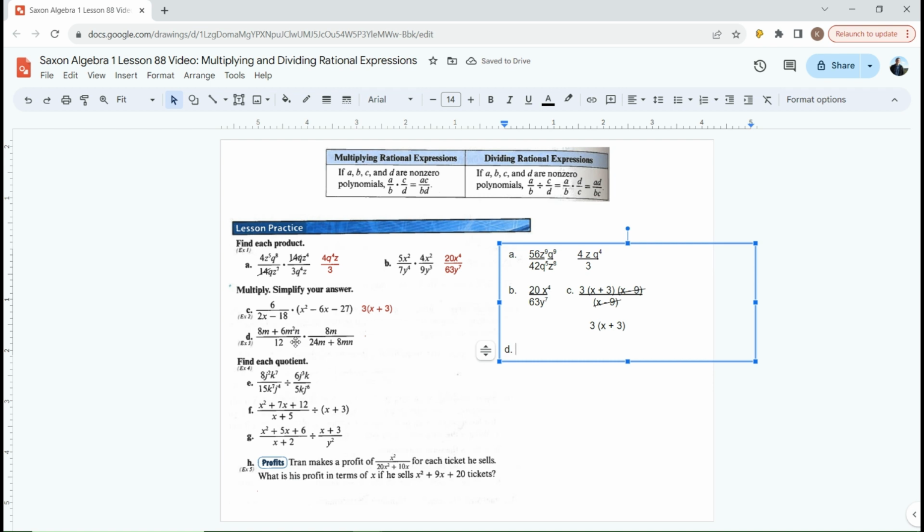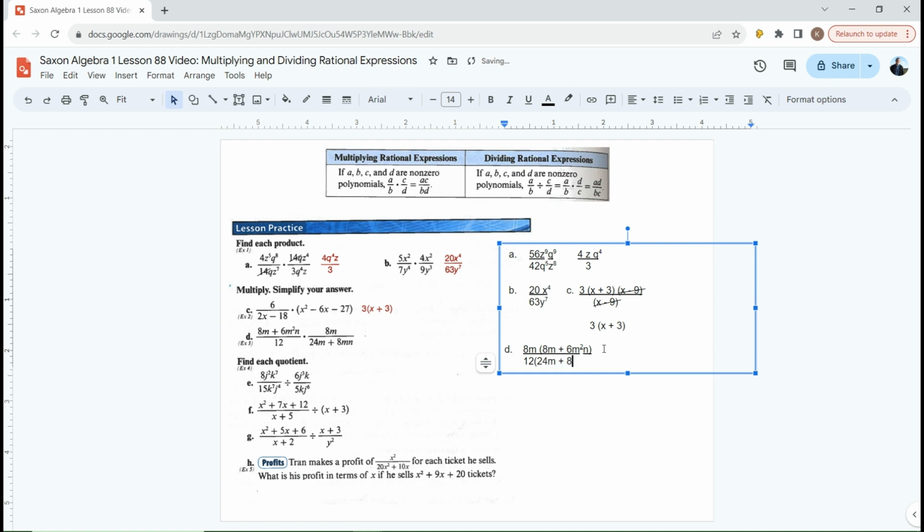plus 6m squared n times 8m on top. What are we going to do with that? Well, might as well just write it out. It's going to become 8m times, in parentheses, 8m plus 6m squared n. Okay, so that's not very promising to work with, but we'll see what happens here as we go along. That's going to be divided by, and let's take a look at our factors in the denominator. 12. Okay, here, let me just make sure that looks right. So this will be 12 times